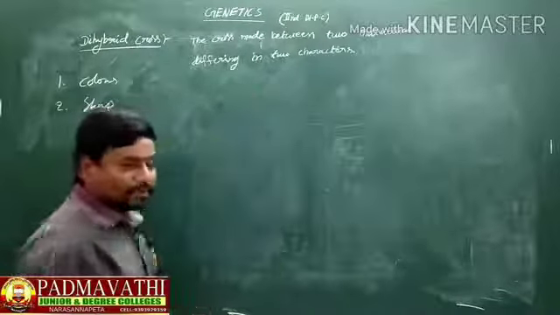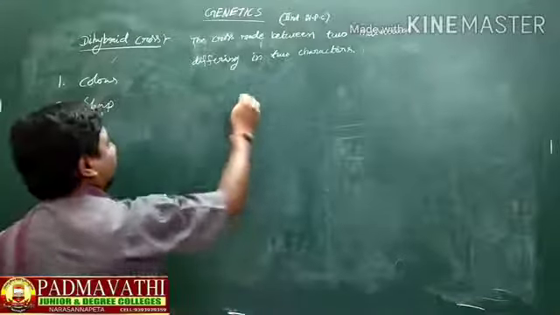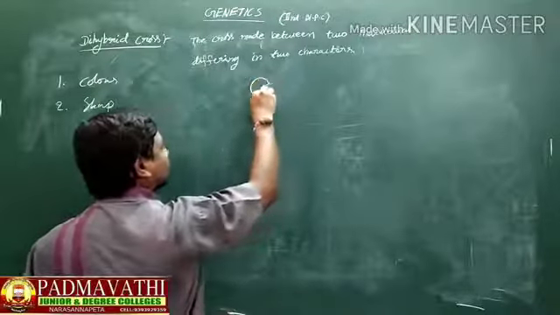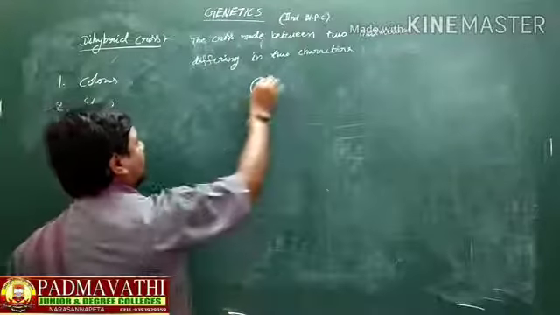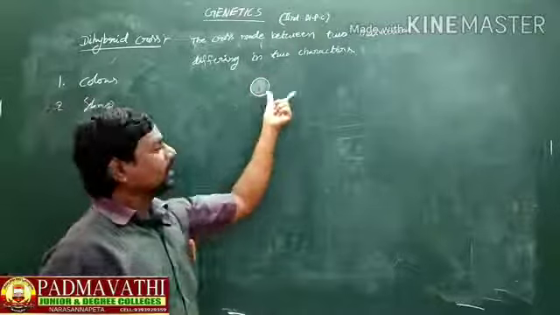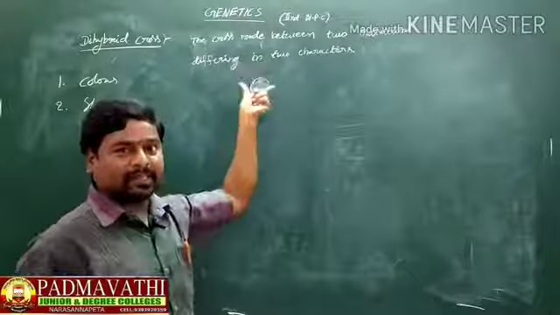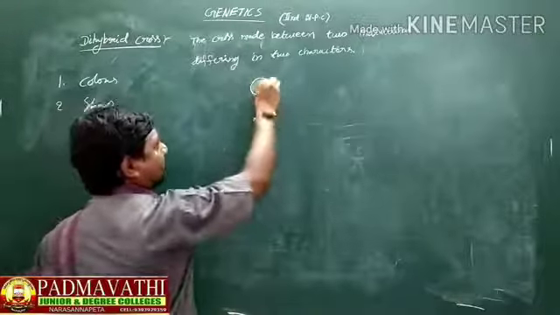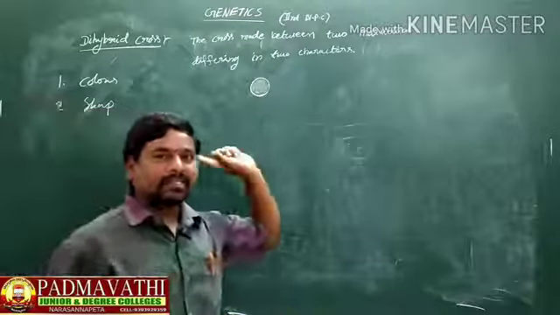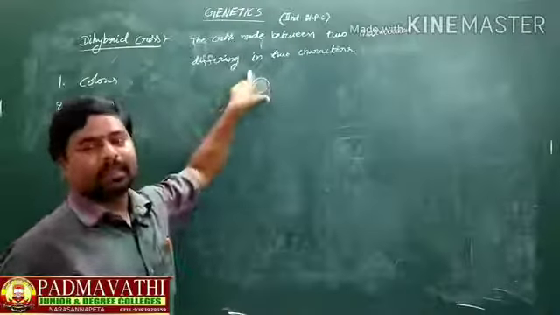So Mendel chose two types of pea plants, seeds. One is round yellow. A single individual is there, and in that individual, two characters are there. One is shape, round, and another one is color. But in Mendel's monohybrid cross, a single character is there. What is that? Height. Here, shape and color are present in the same individual.